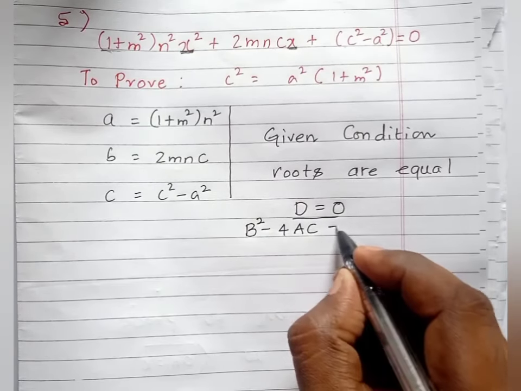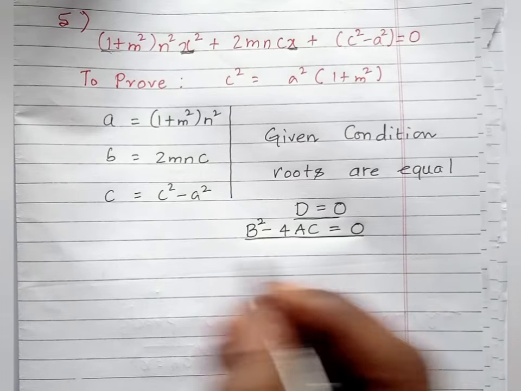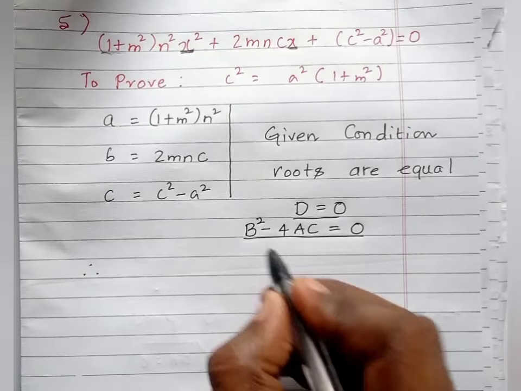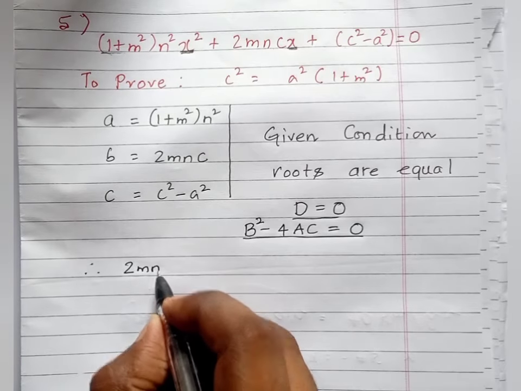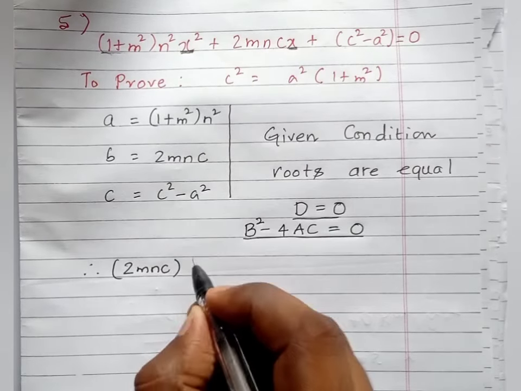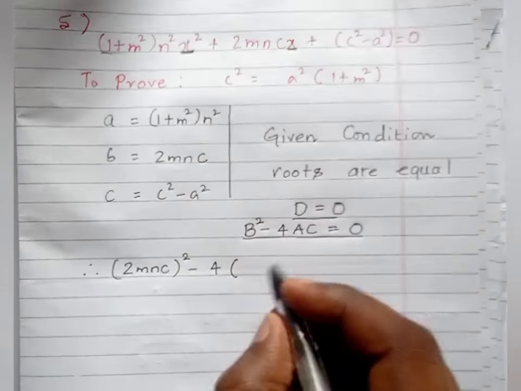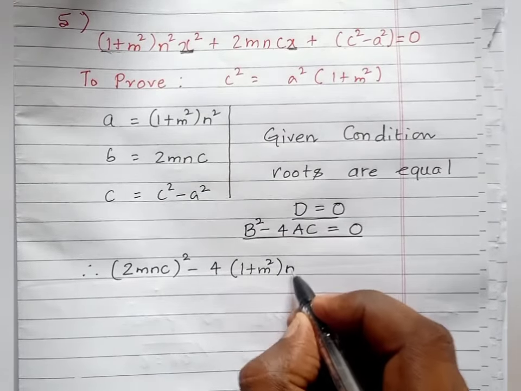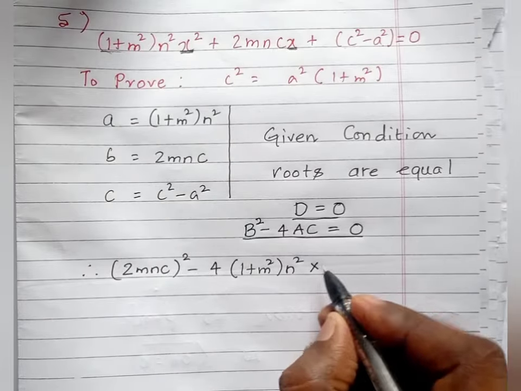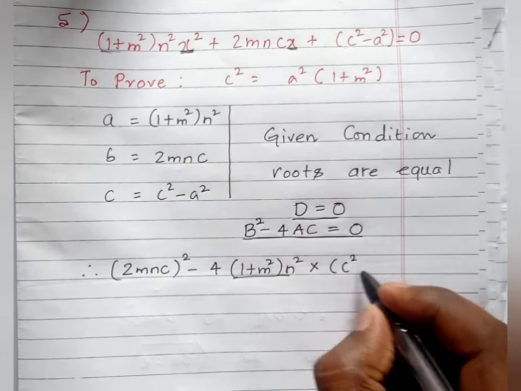I'll use capital letters because in the question we are already using the small letters a, b, c. Now the value of b is 2mnc, the whole square, minus 4 into the a value, which is 1 plus m square into n square. Substitute the c value, that is c square minus a square